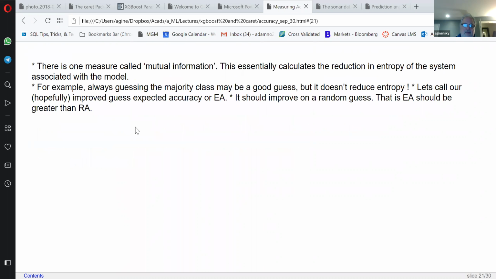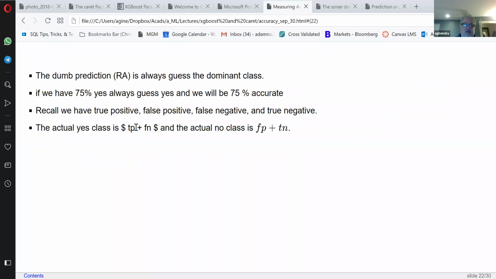Let me skip this slide in the interest of brevity. But the gist of what it's saying is that in most standard numerical measures, random guessing doesn't give you anything interesting. Okay, so random accuracy is the dumb prediction, which is if you have two classes, you always guess the